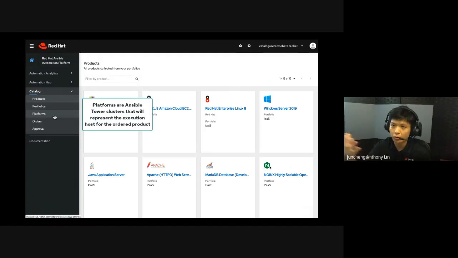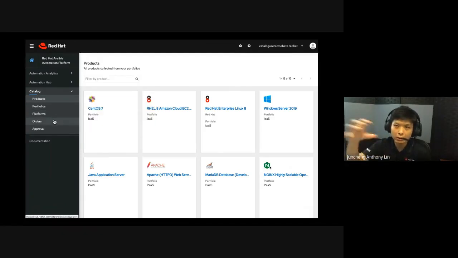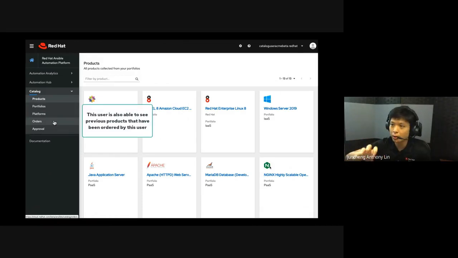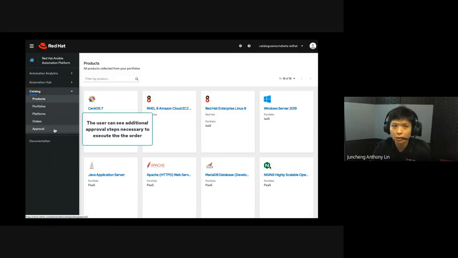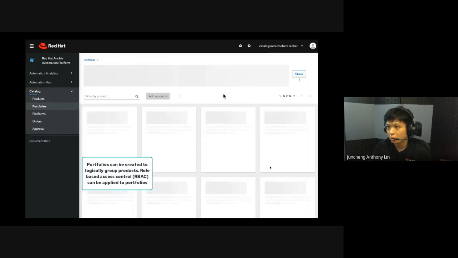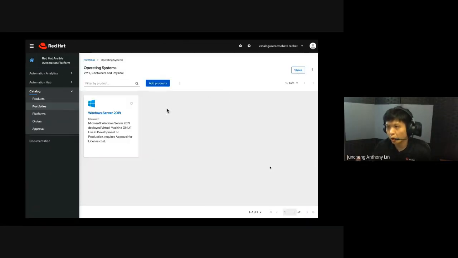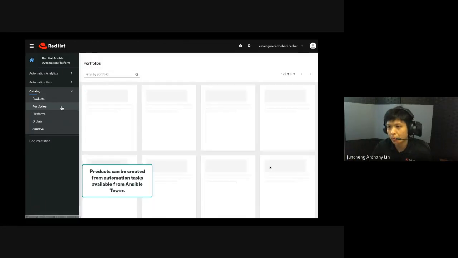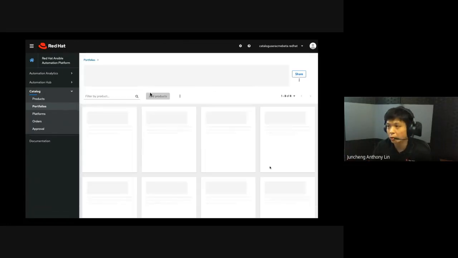So you can have different products and platforms, and you can select what you wanted to do, then just put an order and it will trigger the Tower that is connected to perform an action from cloud.redhat.com. The portfolios can be created using RBAC, or you can do things like, in this case, we are showing a Windows Server 2019.